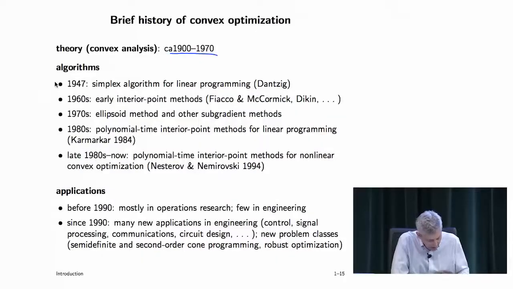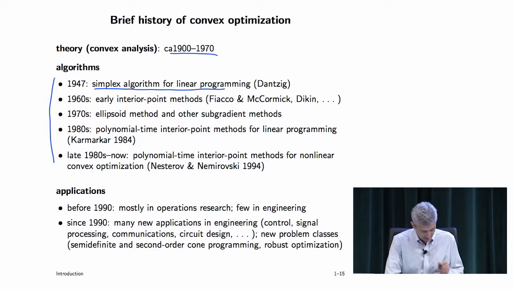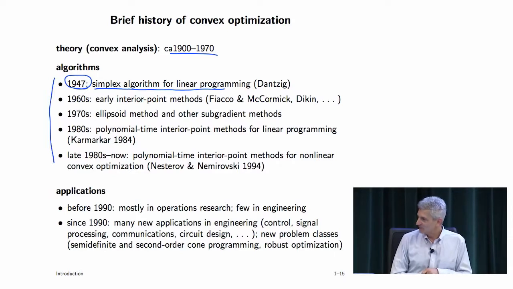Now, algorithms for solving it, there have been lots, but I'll just mention some of the highlights. One is the simplex method for linear programming, and this is George Dantzig, who was actually at Stanford. So this is from the 40s. This was also done in Moscow in the 30s, I should add. The date is really interesting because it tells you something. It's basically coincident with the development of the modern digital computer, and that's what makes this interesting. I mean, this was in 1940.